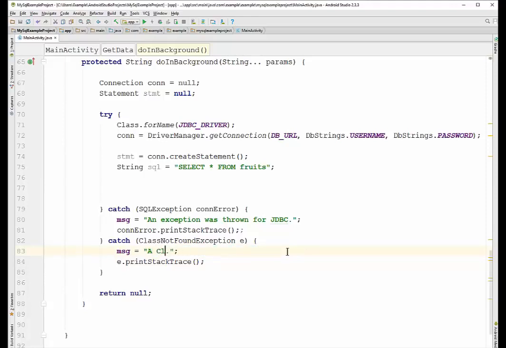A class not found exception was thrown. That'll tell you that that line of code didn't work right there. Next, now that we've initialized the statement and we've initialized the SQL string to hold our request,